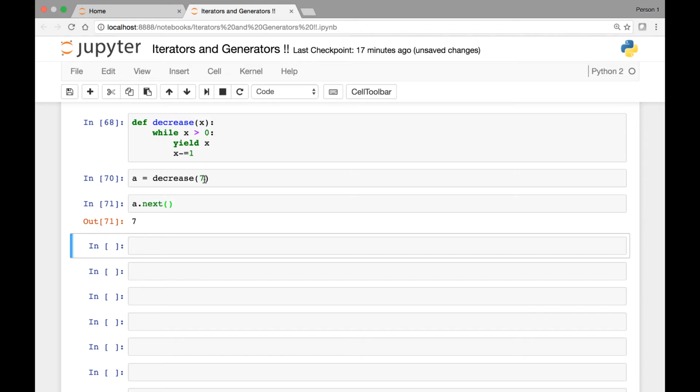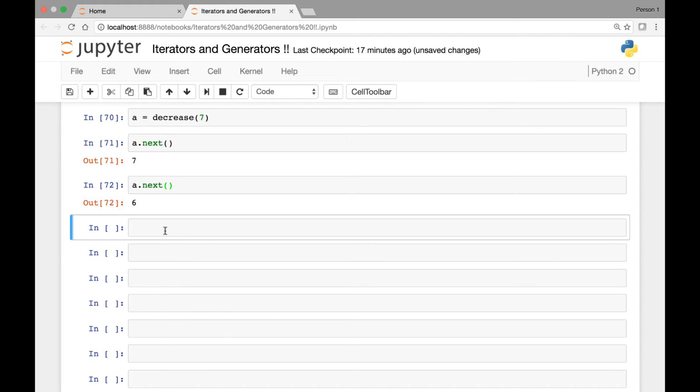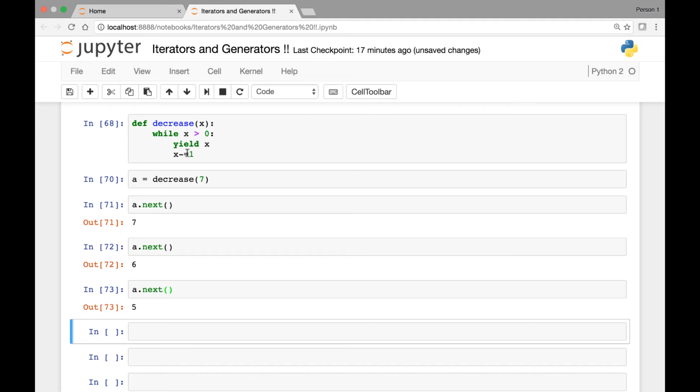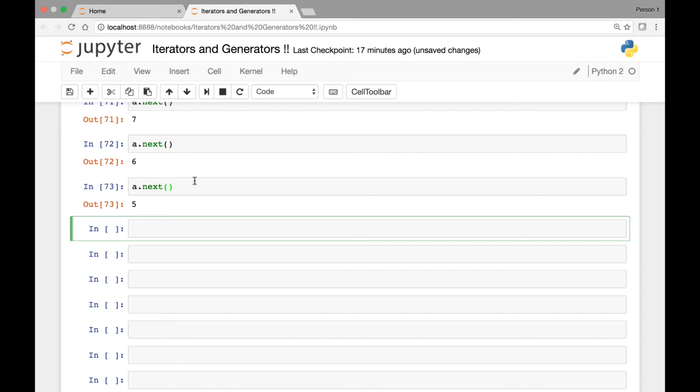So while x is greater than 0, yield x. First it's 7, right? We got 7, and then x is equal to x minus 1. So the next value of x is 6. Is 6 greater than 0? Yes. So our function will give us 6. When we call the next function again, we'll get 6, and when we call it again, we'll get 5, because we are subtracting 1 from the last value of x. And then when we call the next function again, we'll get 4, and then 3,